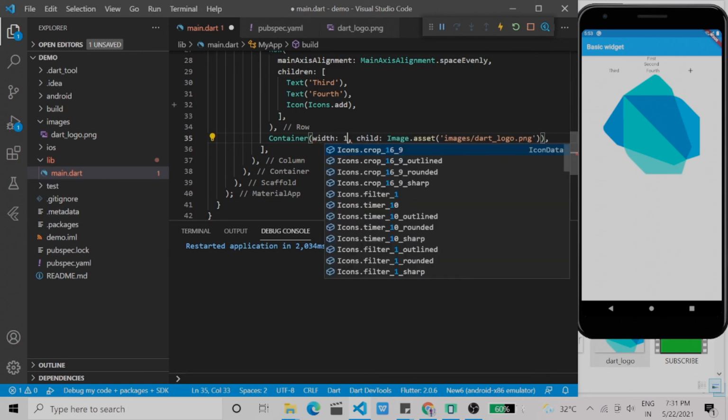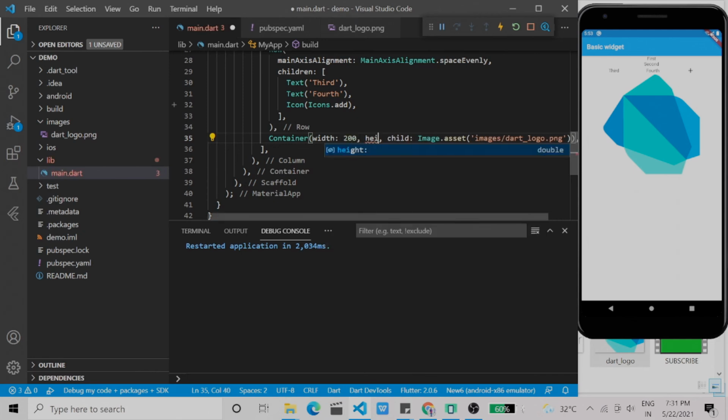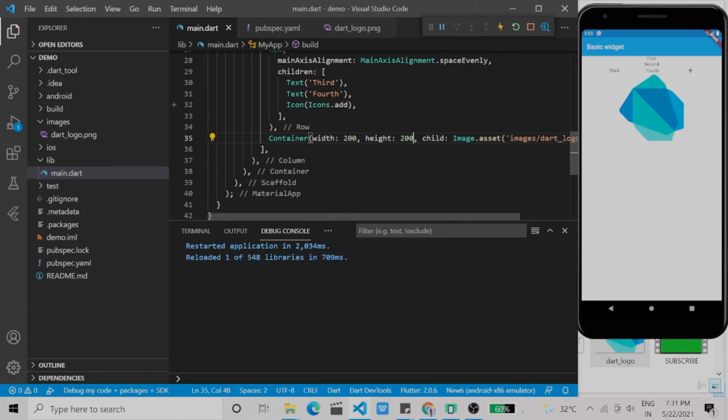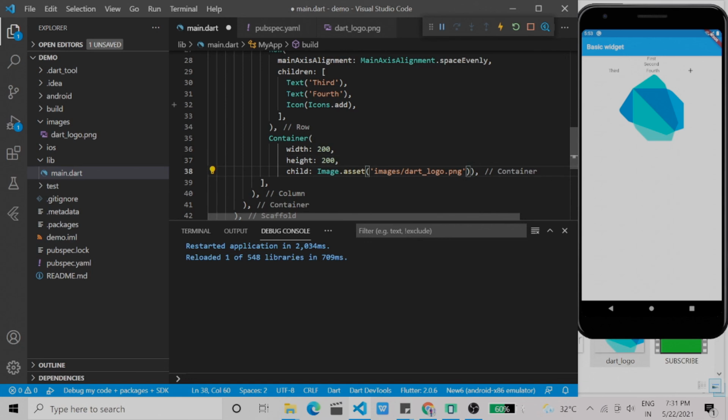Width I'm going to give like 200 and height also 200. Now the image is resized to width 200 and height 200. So this is the way we can get the image from our asset. And if you have an image on your network site, then you can pull that image through Image dot network and give your image network location, and it will be done.